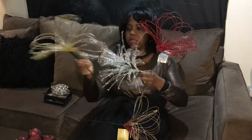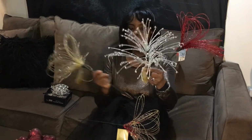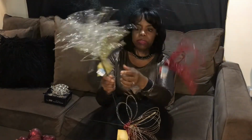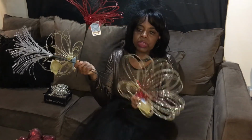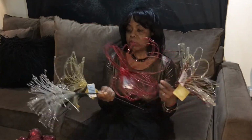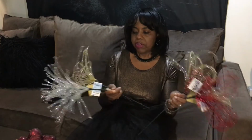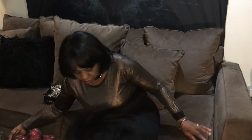Anyways, I will do that later. I'm trying to get that out of there. Come on, there we go. So these are beautiful to decorate with, not only at Christmas time, but throughout the year. You can use these in a flower arrangement or in something on your table, centerpiece or whatever. Very pretty. From Ross. And I think that is it, but I will show you